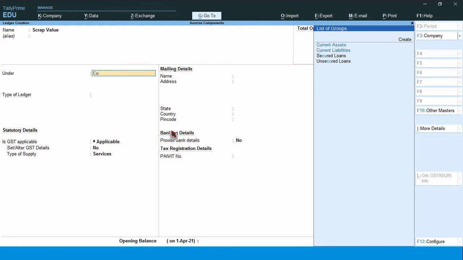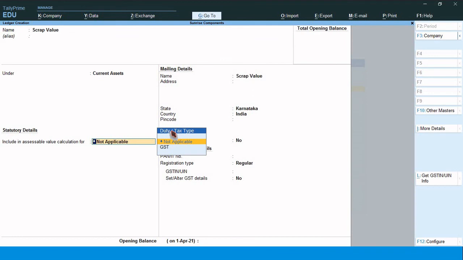When calculating depreciation manually, we deduct the scrap value there itself. But here we can't do that, so we need to pass one more adjustment entry. That's why I am going to create the scrap value ledger under current asset. It is an asset, only estimated. It's not an expense, it is the estimated balance of the asset. That's why I am taking it in current asset groups.